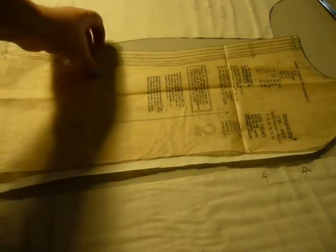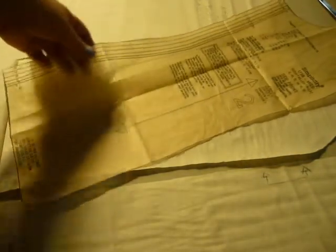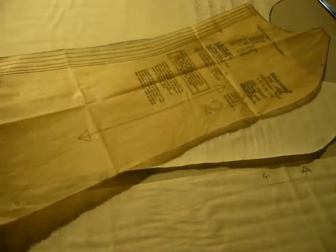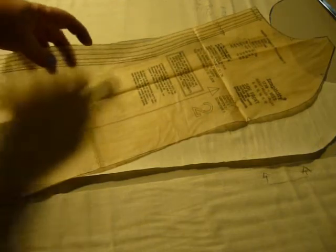Because we're going to be altering this pattern, I don't want to use my original tissue paper pattern. I don't want to cut this up because I plan on making other garments with this, other jackets. So what I have done is I have cut out half of my jacket in a muslin. You can use scrap fabric, cheap dollar Walmart fabric, old t-shirts, but I have made the front and collar piece. I cut that out, only one,